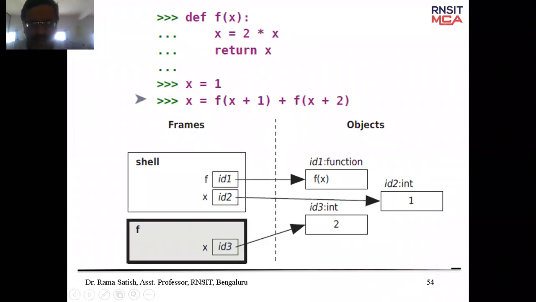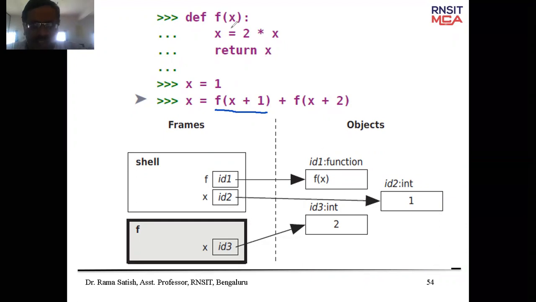When it moves to the next line, a function call happens. Whenever there is a function call, first it calls f of x plus 1. F of x plus 1 is nothing but x is already 1, 1 plus 1 is 2. 2 is passed to the function.